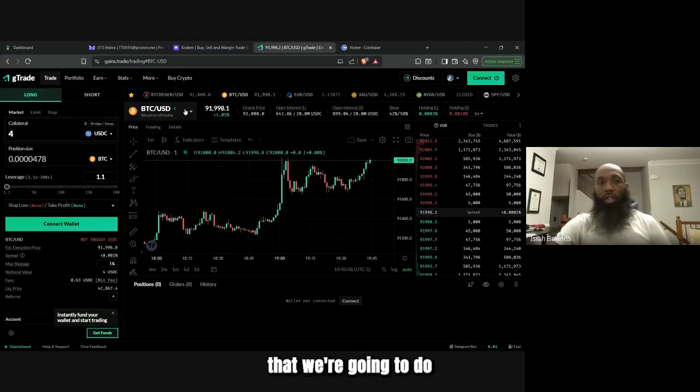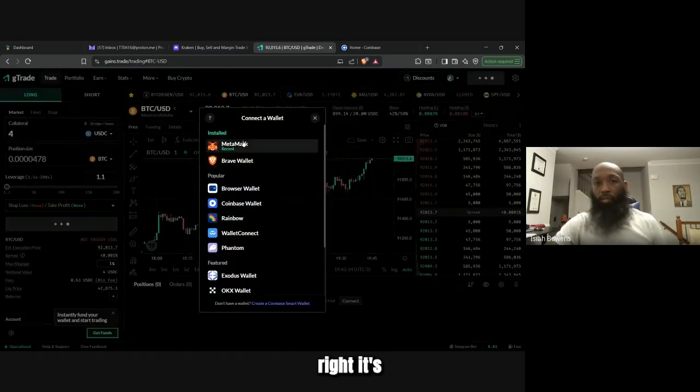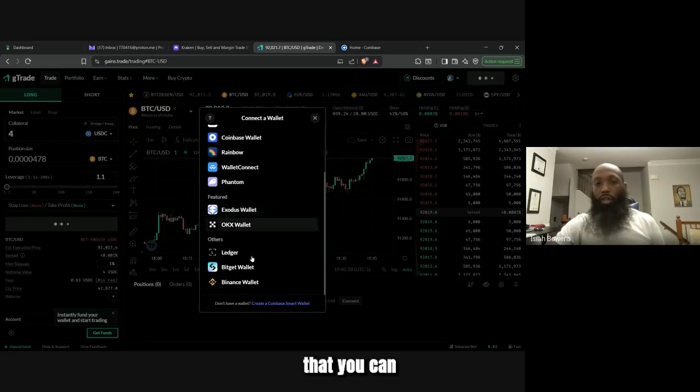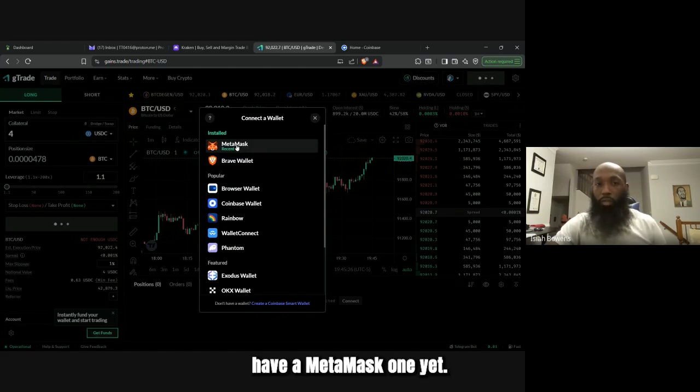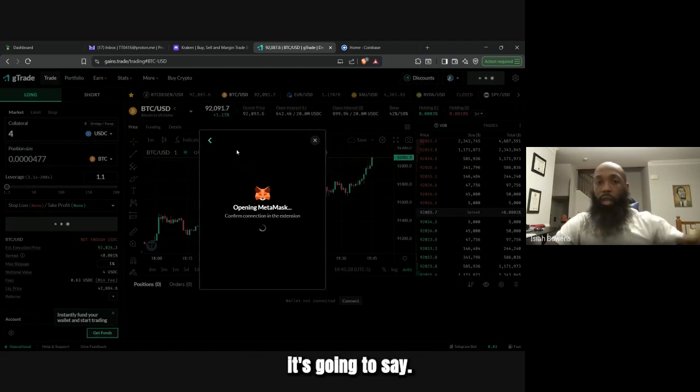All right, so the next thing that we're going to do is hit this little connect button right here. This one or this one, either one. When you hit connect, it's going to say connect the wallet. So these are all of the different wallets that you can connect. You see they have the Exodus, the Ledger. We're going to connect our MetaMask wallet. Now, I know we don't have a MetaMask wallet yet, but when you hit connect, it's going to say,